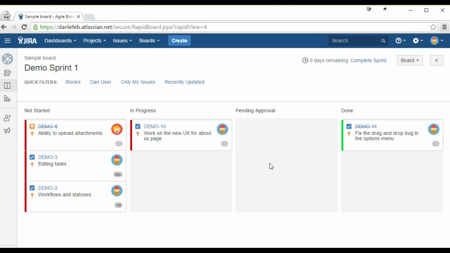In this video, we will learn about resolutions. All right, so here on this board, you can see that this card here and this card here are both crossed out. Now, that has to do with the resolution. So the resolution is sort of like the status, but it kind of adds a little bit more context to